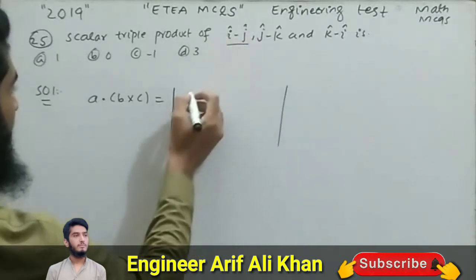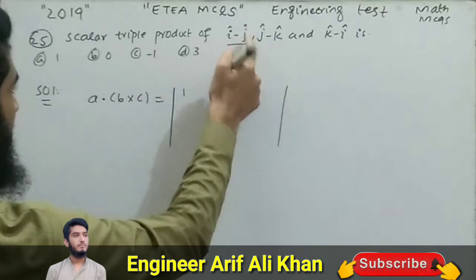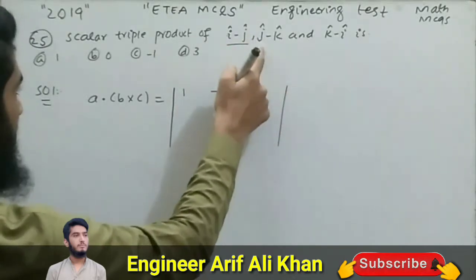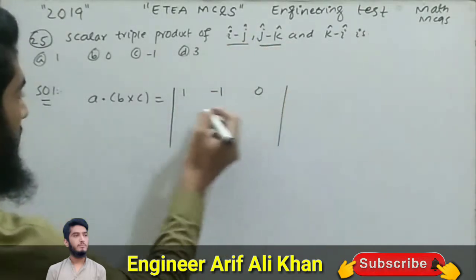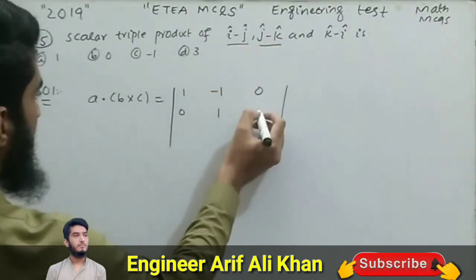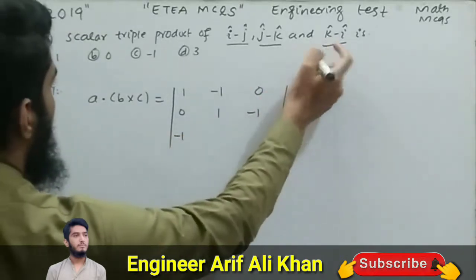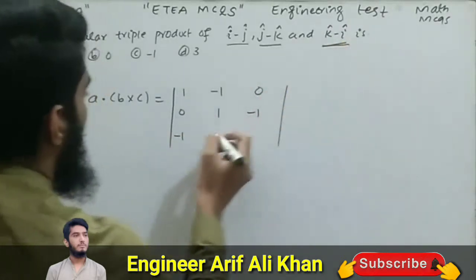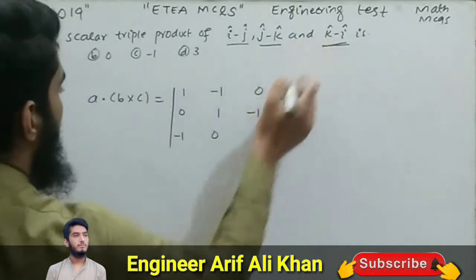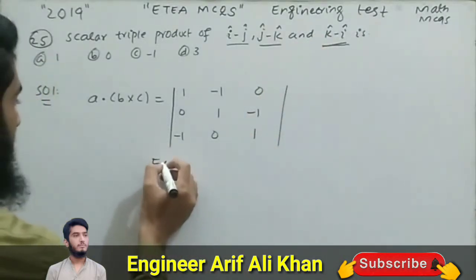Here the coefficient of i is 1. After this the coefficient of j is -1 and k is not present, so we will take 0. In the second vector we don't have i, we will write 0. The coefficient of j is 1, and the coefficient of k is -1. In the third vector, the coefficient of i is -1. We have no j component, so we write 0. The k coefficient is 1. Now I expand this determinant with